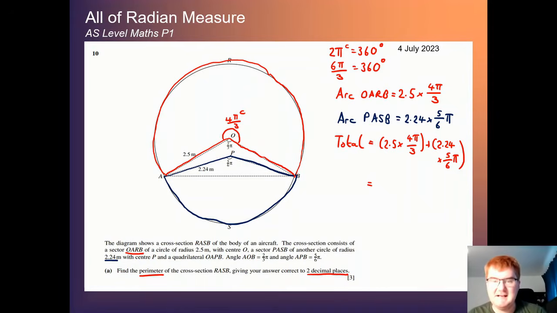Make sure your calculator is in the right setting. It is in radians. So we're going to type this in: 2.5 times 4 pi divided by 3 plus 2.24 times 5 pi over 6. Add that together. Now notice your calculator generally does give you an exact answer here of 26 pi over 5,